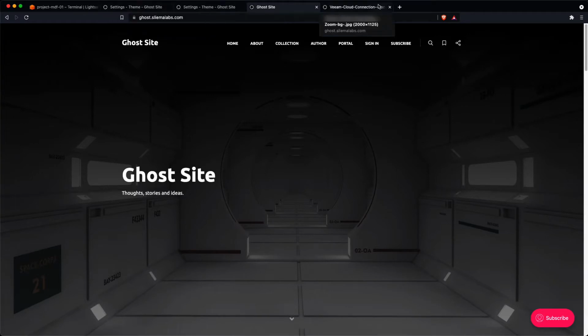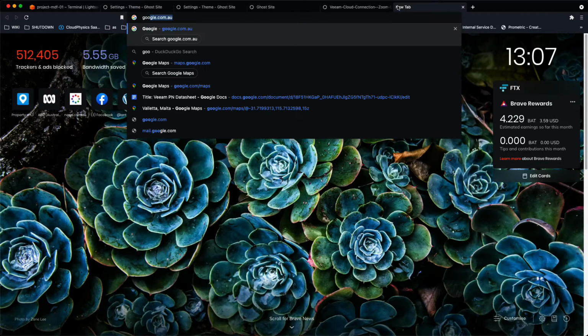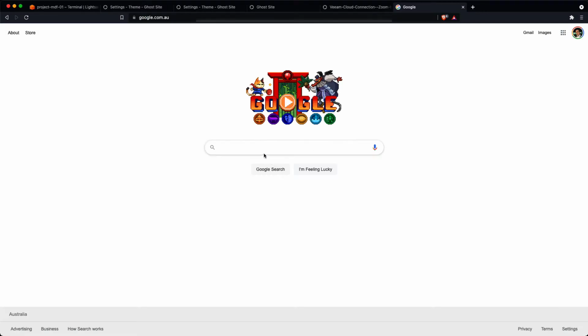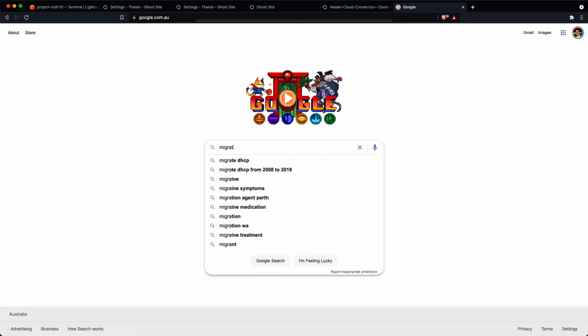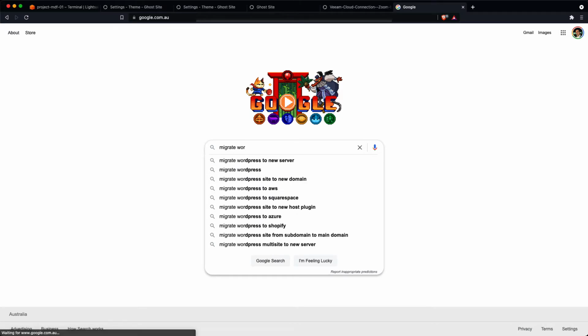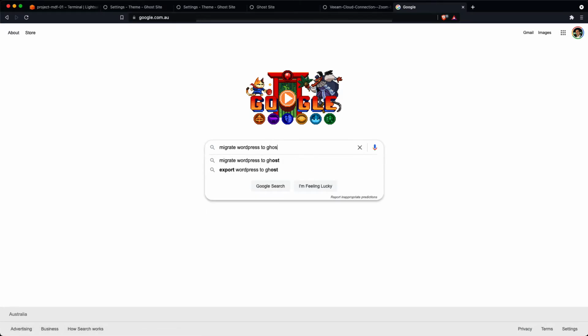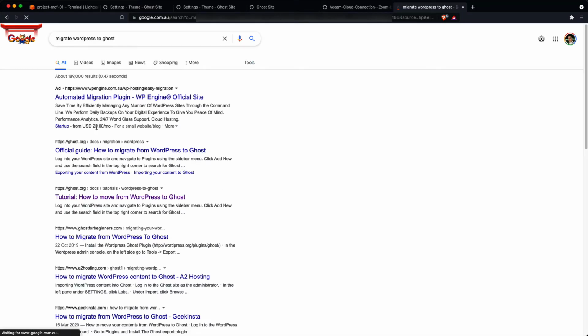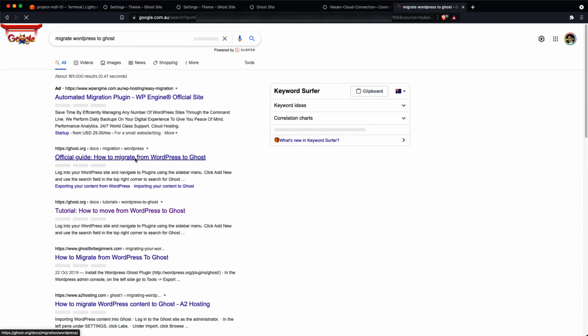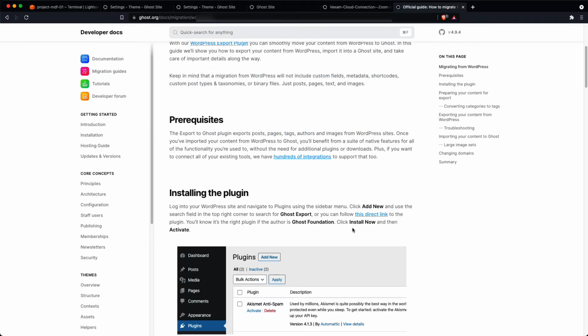And actually, if we do a Google search, let's search for migrate WordPress to Ghost. There's got to be some instructions on this already out there. There we go, an official migration guide. I'm not going to go through this, but it looks like it can be done